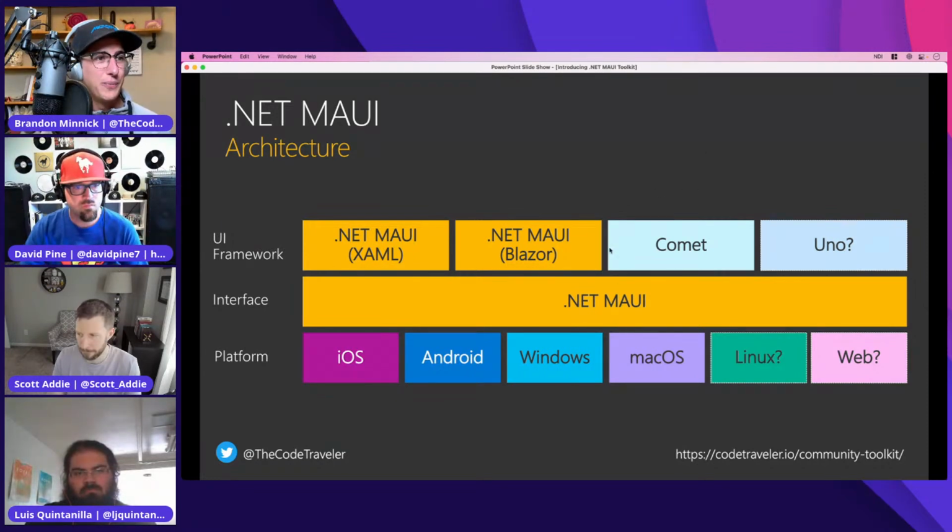There's also an experimental framework out there called Comet. Comet's one that I'm really excited about. It also runs on .NET MAUI on the interface layer, and Comet uses the Model View Update framework. So MVU is another new hotness that's circulating around the developer community. A lot of technologies nowadays like Flutter and React all use MVU. I'm actually a big fan of it myself, but we won't dive too deep into that today, but that's another